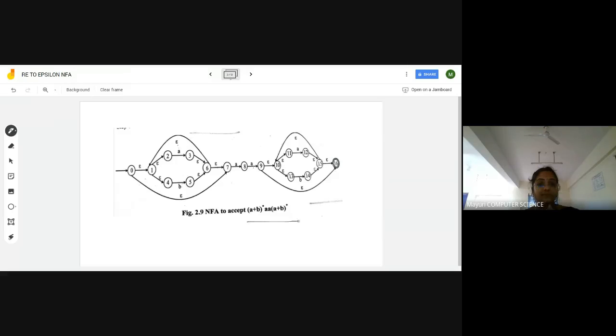So here I have taken the question, constructing epsilon NFA for the regular expression A plus B star, AA, and then A plus B star. So I think you have to multiply this AA in between these two. So this is the overall A plus B star, closure, either A direction or B direction. Any number of times A's will occur. If you follow the same path, any number of B's will occur. Since there is a star to the whole, A plus B whole power star,